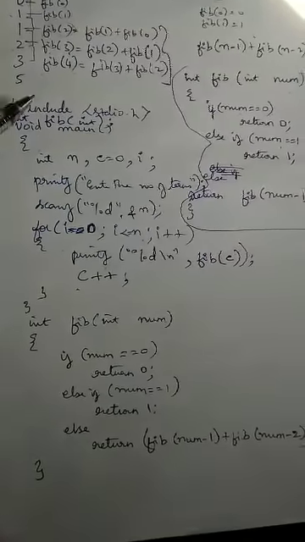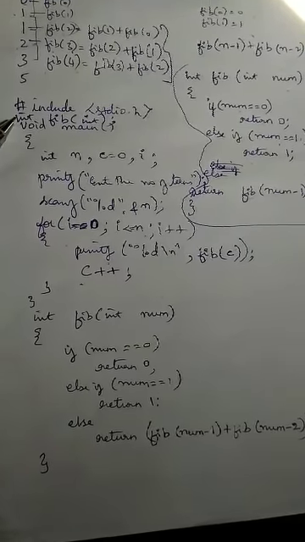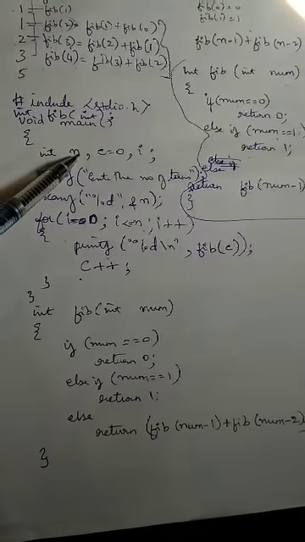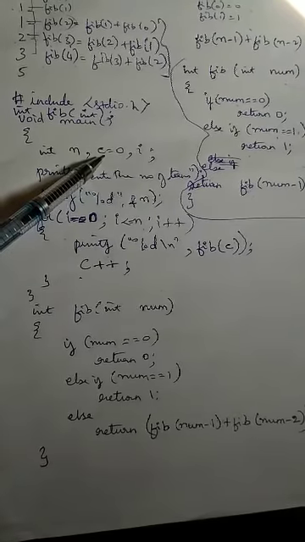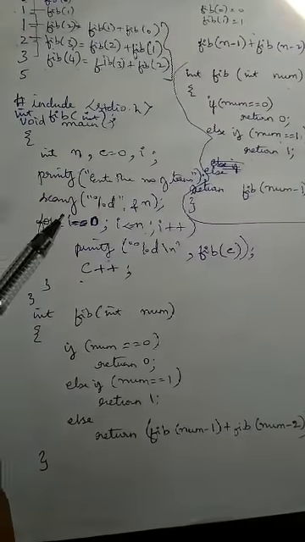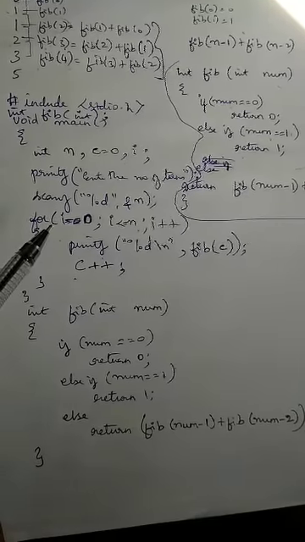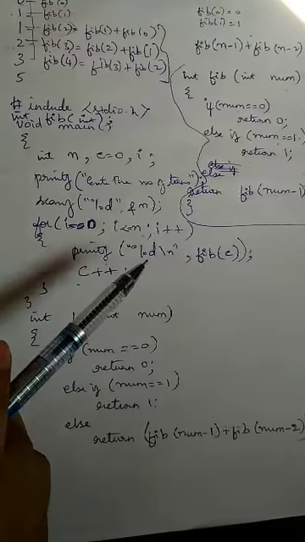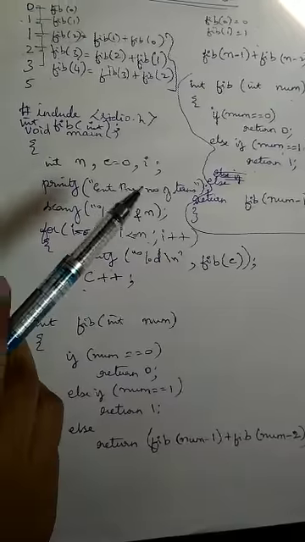So here what happened is, you started the program here. This is the function declaration, fib function declaration, main function start, declaration part. n is the number of terms, c is to use as a parameter in the function, i in the loop we are making use of. So enter the number of terms. Using scanf you have entered n. So to print the series you are making use of a for loop, and you are trying to print in printf. You have called the function fib with the parameter as c. c is being initialized to 0.